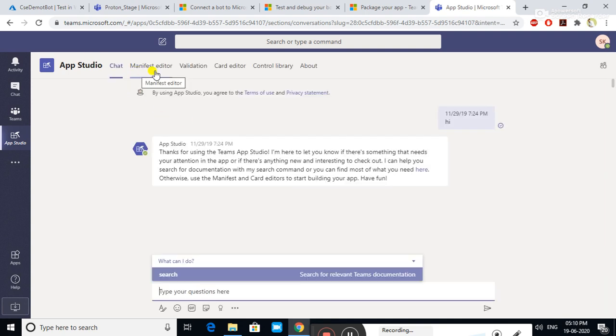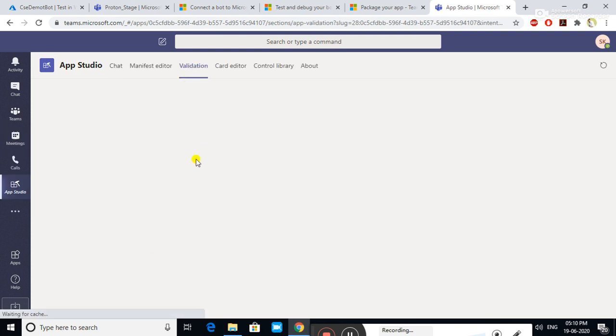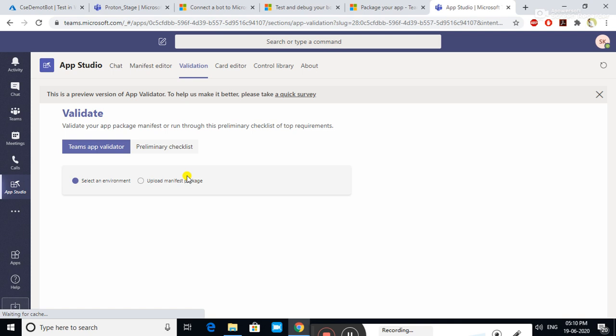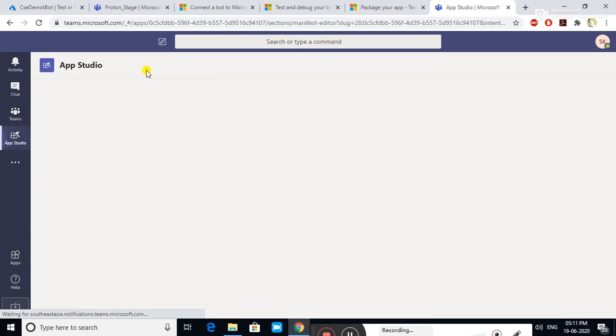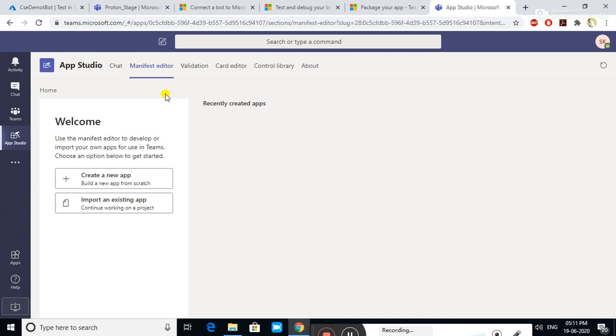You can see the option manifest editors and validation. If you already have packages and you need to find out whether your package is valid or not, you can click on validation and upload your packages and find out whether your packages are working or not. So first I'm just going to let you know how you can write